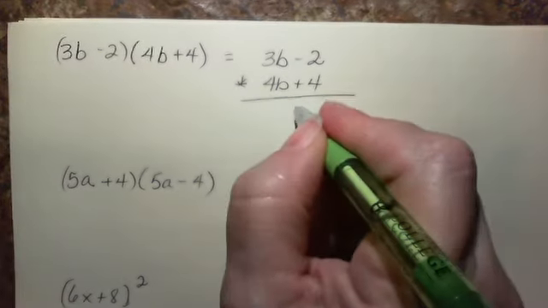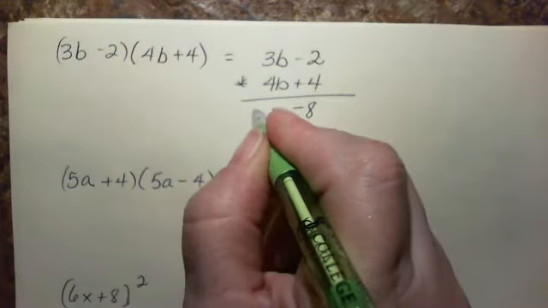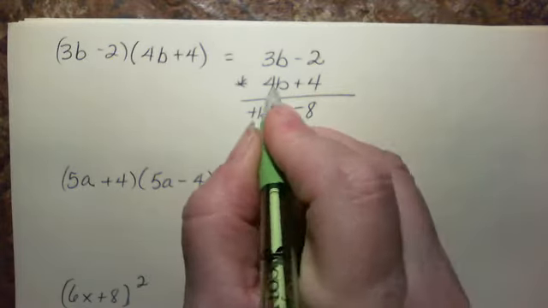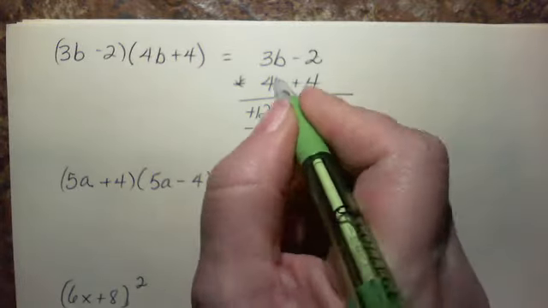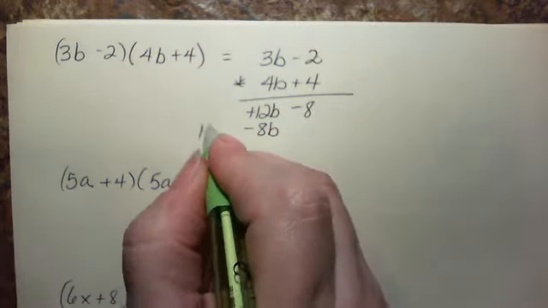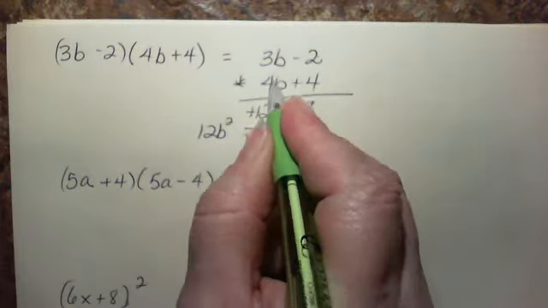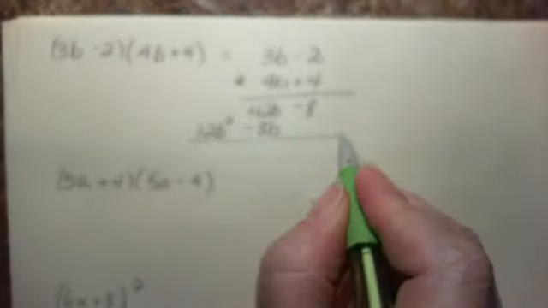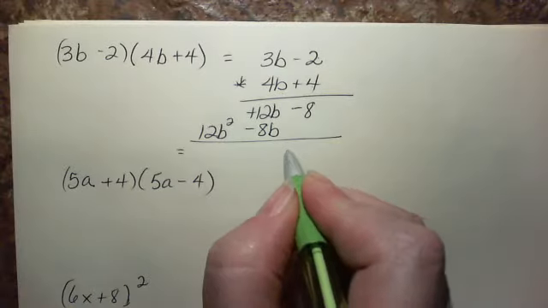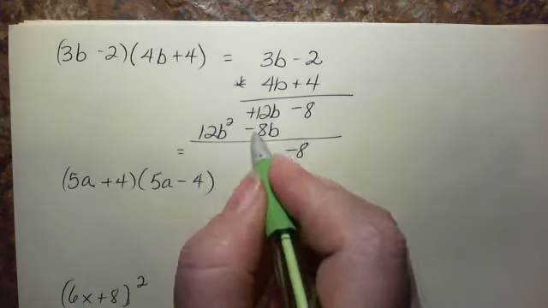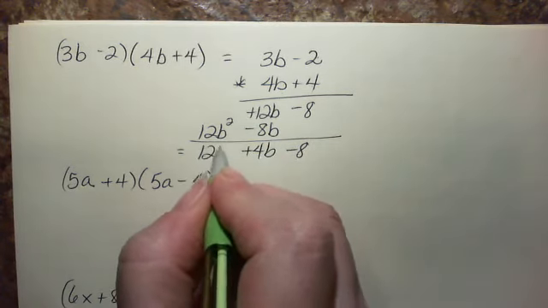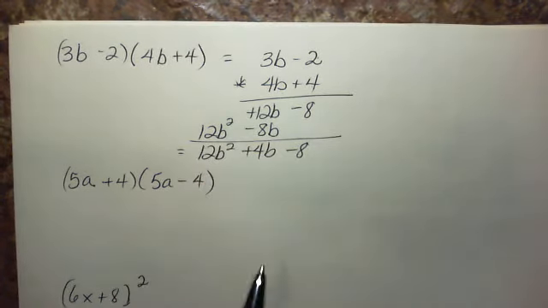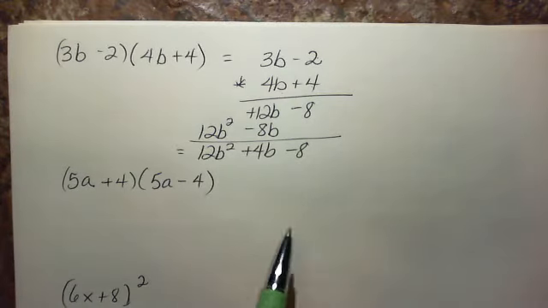This would give us negative 8 and positive 12b, and then multiply by the 4b times the negative 2, negative 8b, and positive 12b squared comes from this. And then we could total our columns: negative 8, plus 4b, 12b squared alone. That's one way to show your work, and remember another way is to FOIL,